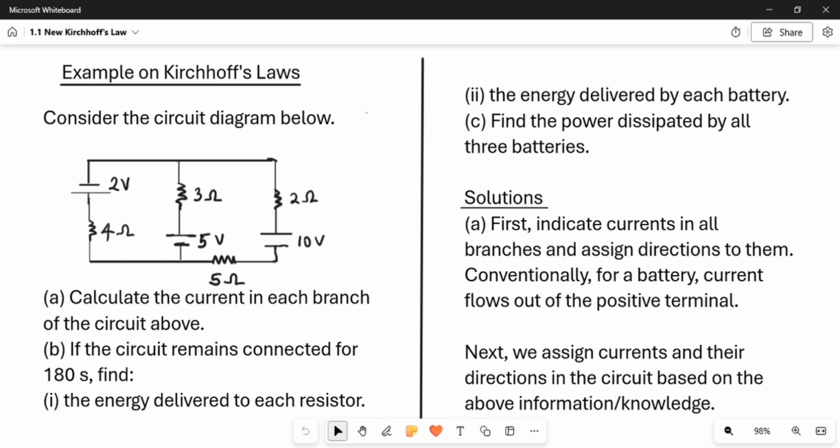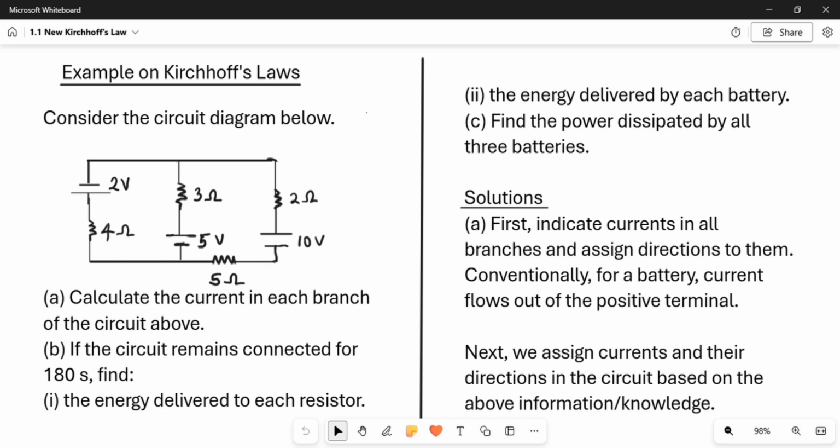Part B says if the circuit remains connected for 180 seconds, we should find the energy delivered to each resistor. Also, we should find the energy delivered by each battery. Then part C says we should find the power dissipated by all the three batteries. Okay, so let's proceed. In this circuit diagram, we discover that